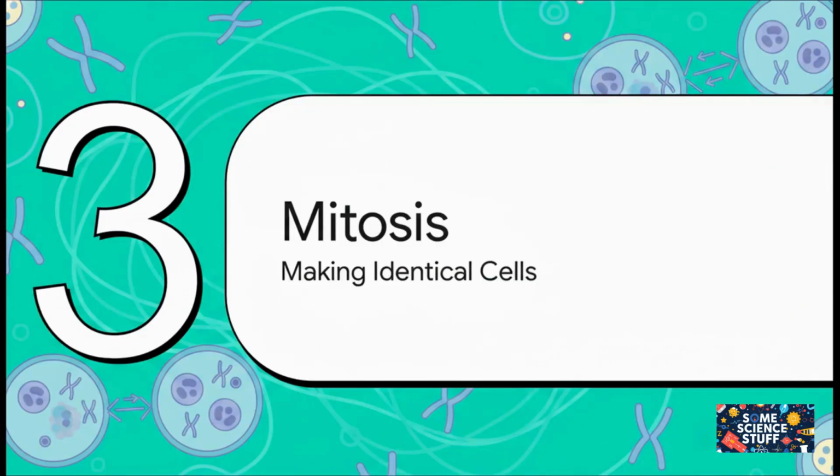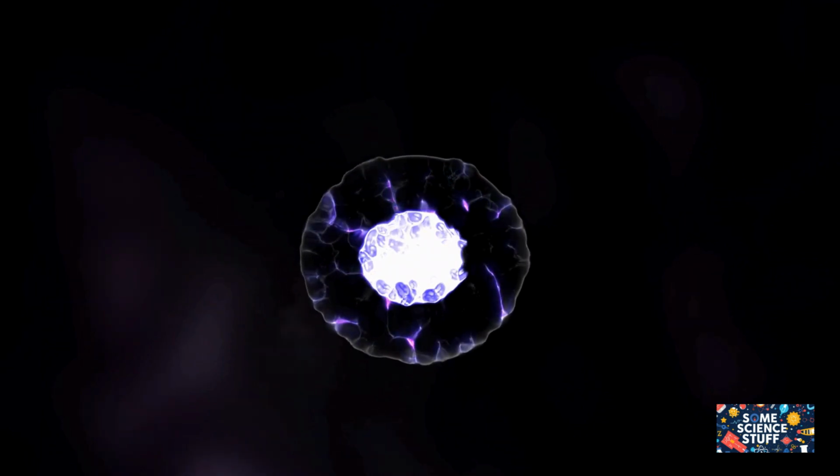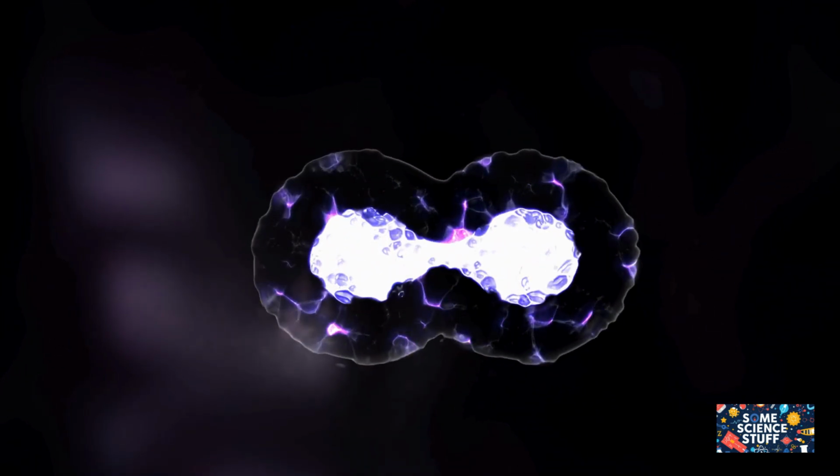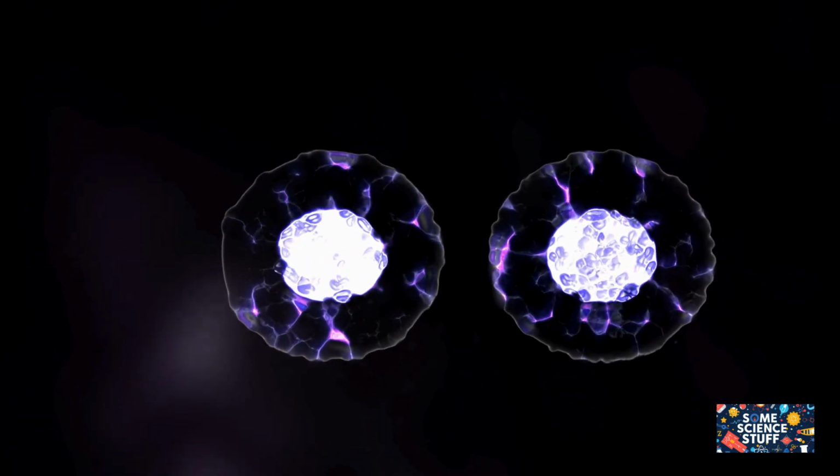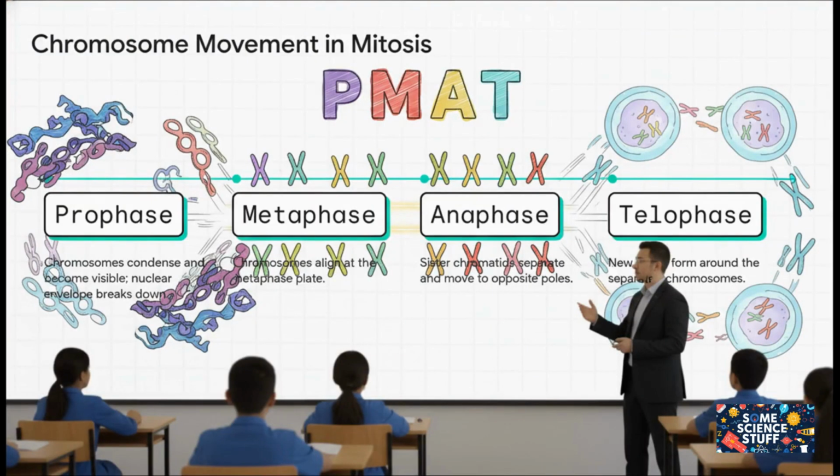All right, with all that prep work done, we're ready for the main event, or at least the first main event, mitosis. This is also known as equational division, and that's because the two new cells that are made end up with an equal and totally identical set of chromosomes as the parent cell. Mitosis is kind of like a 4-act play. And to remember the order for your exam, just use the awesome mnemonic